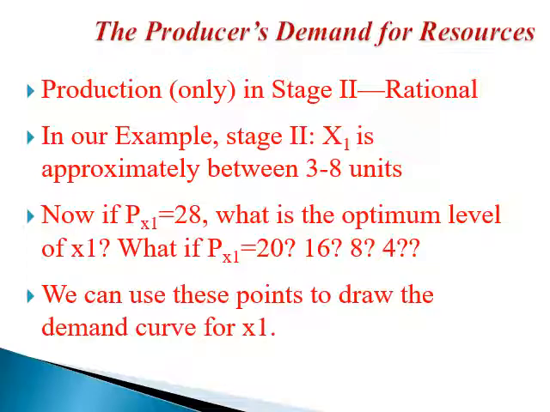In that case, you have homework about what will happen if the P of X1 changes, everything else remains the same, or P of Y changes, everything else remains the same. Please try to do that because you will learn a lot. Okay? But what is the story and why the optimality rule?